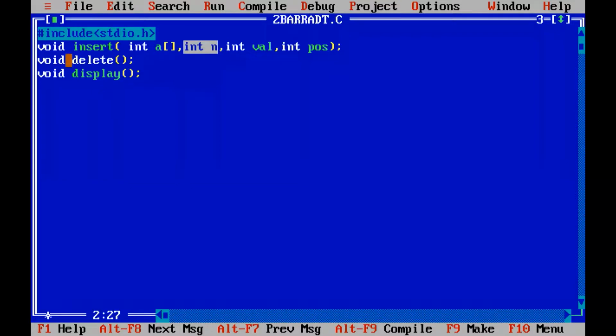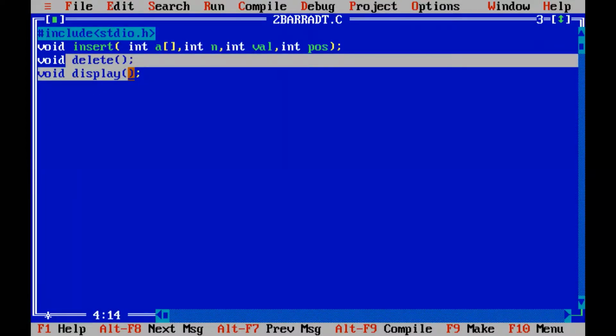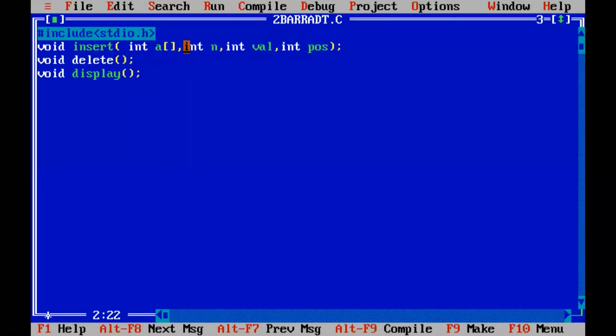Now, the number of elements is a number that will affect all other operations, for deletion and also for displaying the numbers. We are going to make it a global variable. Are you all listening? We are not passing it as an argument. The n value will be used by all three operations, so we make it global. When it is global, we need not pass it as an argument. It is accessible in insert, delete, and display. Actually, we can implement this program without passing arguments, but for the time being, we'll go with this method.